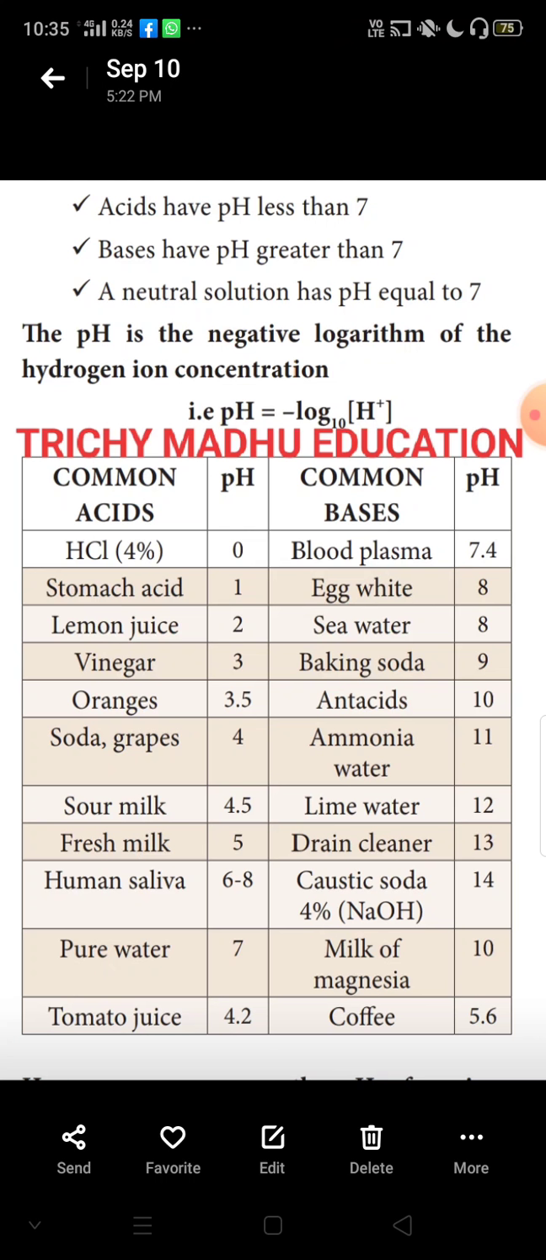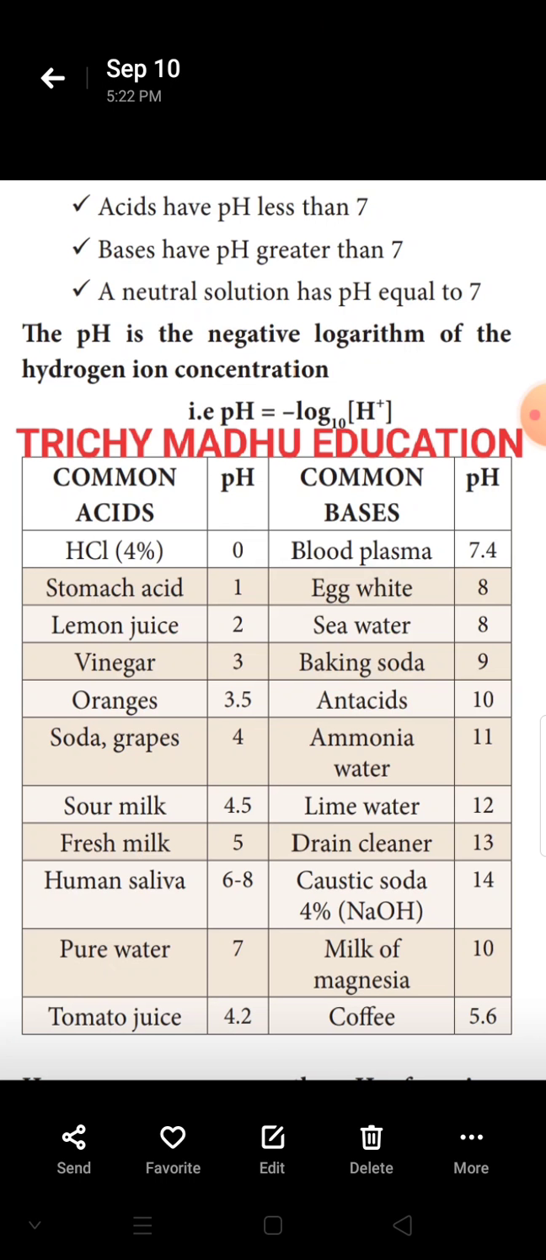That is, pH is equal to minus log [H+] base 10. Common acids, pH, common bases, pH. The common acids have pH less than 7 and the bases have pH greater than 7. Now the common acids: HCl